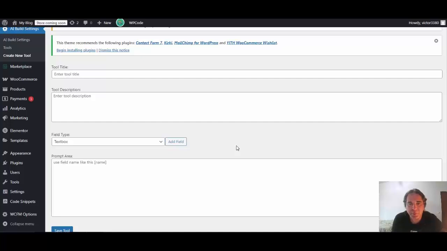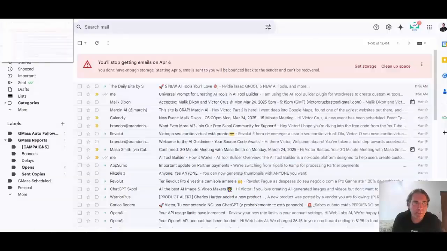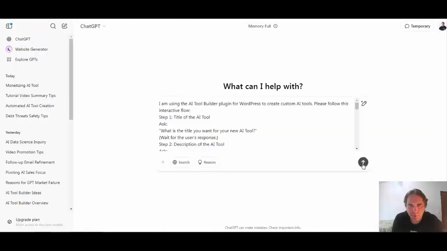So this is where you're going to build the tool to solve the problem from your client, that you can later sell to him and he can use it as much as he wants to solve his problem. So let's say your client, as I mentioned before, doesn't have a lot of traffic to his website. So what you'll need to do next is to grab a prompt that I created, copy paste the prompt on